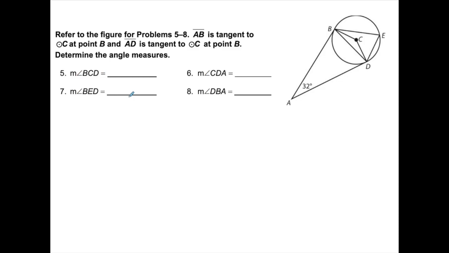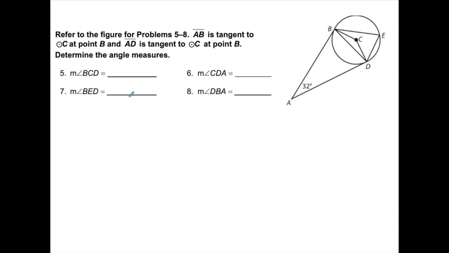All right, last one, refer to the figure here. AB is tangent, so we've got a tangent line. AD is also tangent, and they're intersecting outside at that point A. Determine each of the given angle measures. We need BCD, CDA, BED, and DBA. Now, as I suggested in the last problem, you can do them in order, 5, 6, 7,